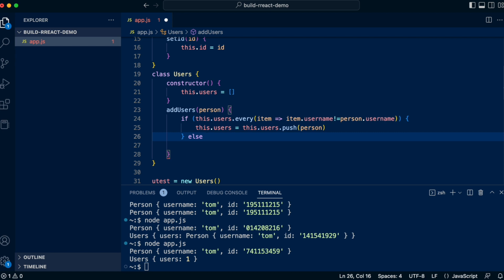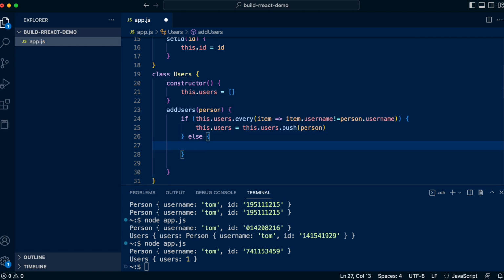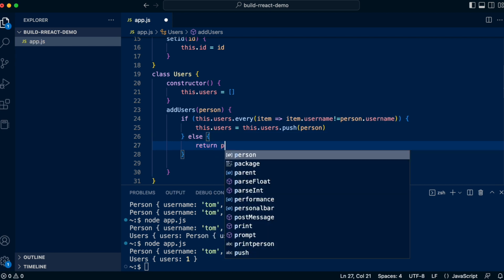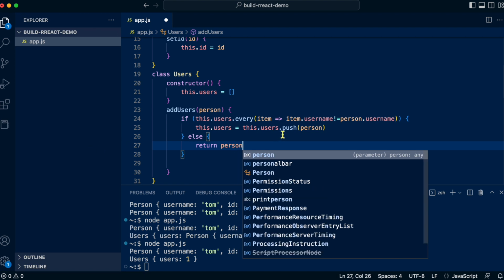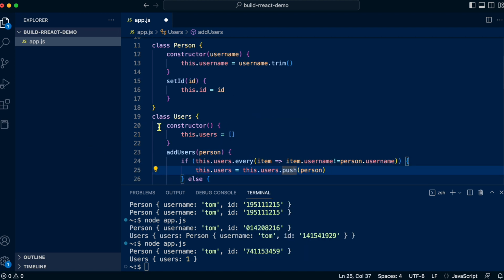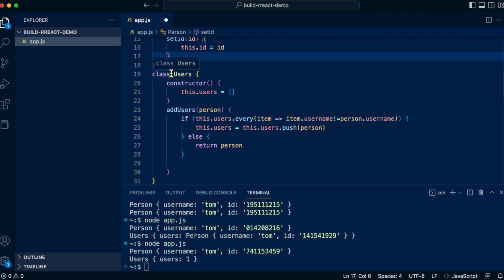And we just return the person, right? Okay, the way our program is going to work though is that every time a user signs up on the front page, it's going to create an instance of this class where it's just going to have one username in there. And so what this function does for the users class